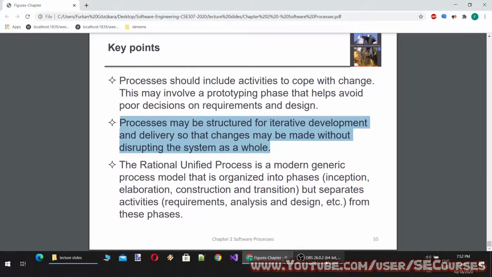The development will take, let's say, approximately 5 years, but for 5 years your customer cannot go without making any money, right? So you can plan that your processes may be structured for iterative development and delivery, so your customers start putting your software to usage